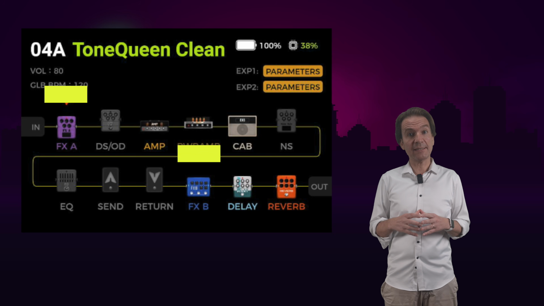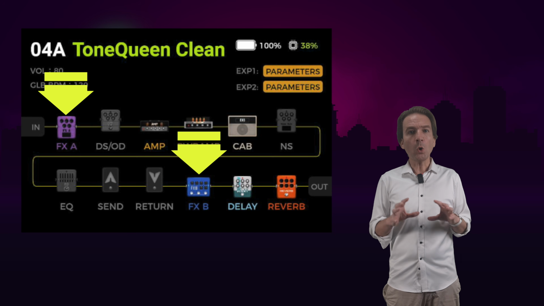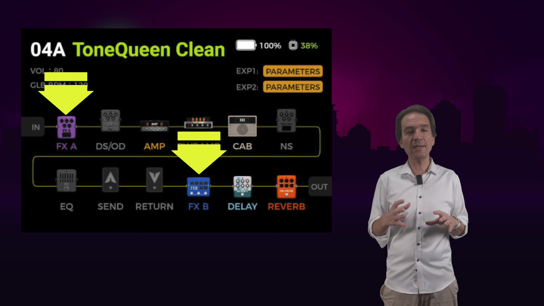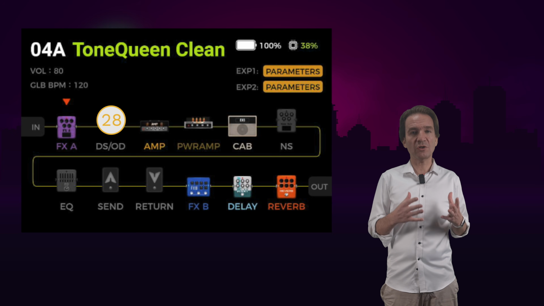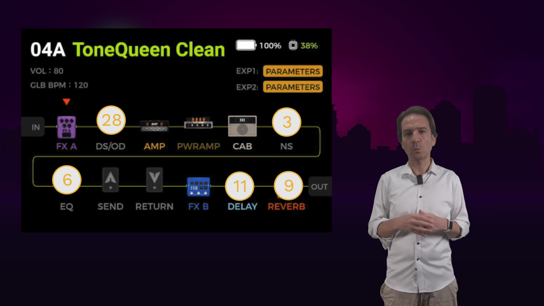In terms of effects, it offers 8 wah, 3 filters, 6 compressors, 5 phasers, 4 vibratos and tremolos, a chorus, 3 octaves and pitch effects. All these effects can be loaded in 2 blocks that are called FX-A and FX-B. Then we have 28 overdrive or distortion pedals, 3 noise gates, 6 EQs, 11 delays and 9 reverbs, with dedicated